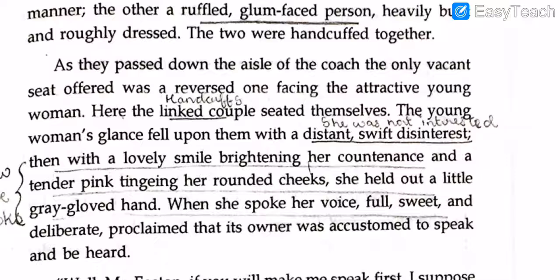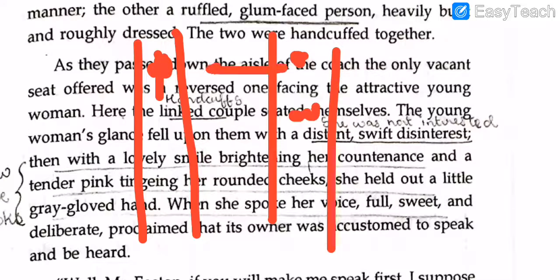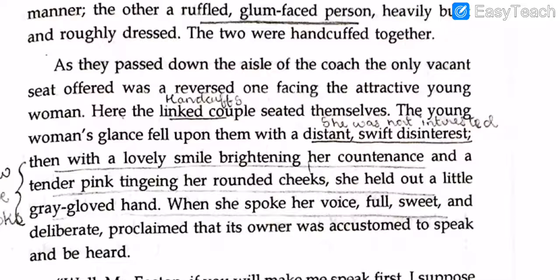So in the same coach of the train, the two of them were newcomers, and there was only one seat empty, and it happened to be the one in front of the pretty young woman. So they go down the aisle, and they sit down at the seat facing the pretty young woman. So the pretty young woman can clearly see them when she just looks straight up. There's one seat over here, there's one seat over here, right? The pretty young woman is sitting over here, and the two people are sitting over here, and they're facing each other.